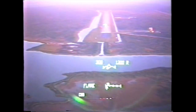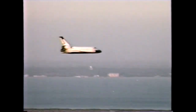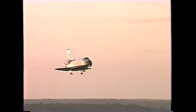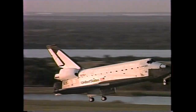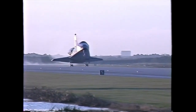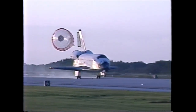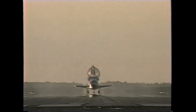This view of the heads-up display showing the speed at 300 knots and altitude 1,000 feet. The landing gear is now down and locked. Main gear touchdown. And nose gear touchdown. Columbia's rolling out on runway 33 at the Kennedy Space Center, completing a 6.5 million mile